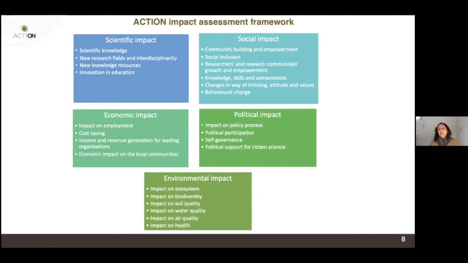Political impact. You did already the policy decision maker engagement workshop before me, so you know it all already. As a side effect of being part of a citizen science project, we can see improvement in citizen participation in local community activities, in associations, in being interested in having more information on the topic under discussion, to get more involved in the topic in general. And the citizen science project can have an impact on the policy process.